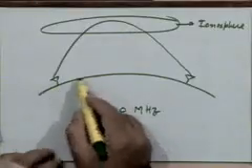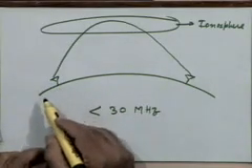This is not exactly free space, but roughly the same kind of thing will still take place. Maybe the power will vary. Instead of 1 by r square, it will become 1 by r to the power 3 by 2, right? Because this is not exactly free space. But other than that, the attenuation I was talking about along the ground wave was much more than this